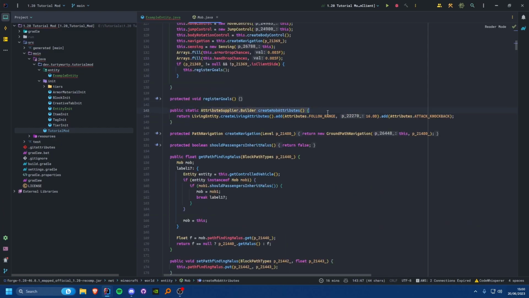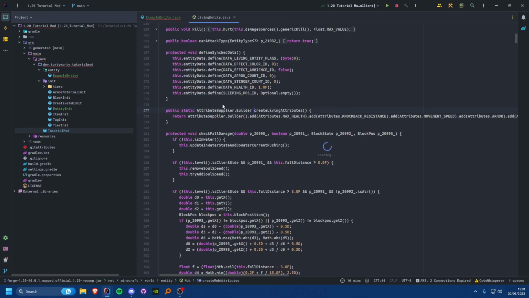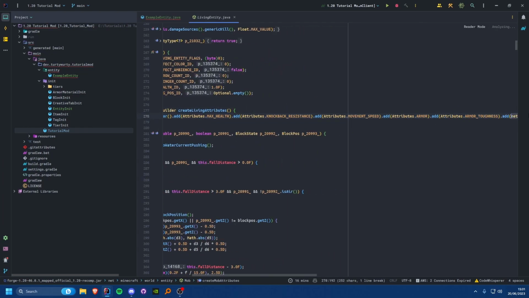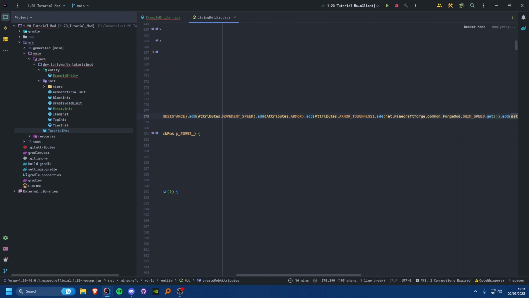So you see here mob attributes, it sets a follow range and it adds attacking knockback, and it uses the living attributes to add max health, knockback resistance, movement speed, armor toughness, swim speed, name tag distance, entity gravity,